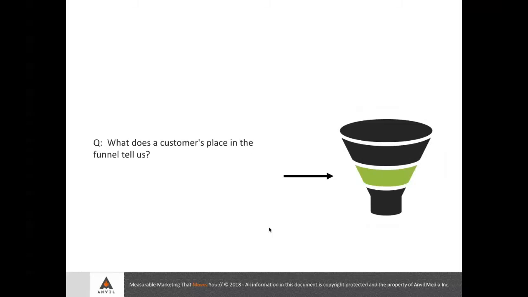First question is, what does a customer's place in the funnel tell us? I would answer, first off, it tells me the likelihood that they're going to convert either today or at some point in the future. I oftentimes feel like that's the best metric of seeing a customer sitting right in the middle of my sales funnel. There's a certain chance that they're actually going to complete that journey through the funnel or they'll get spit back out. But there's other answers to the question.